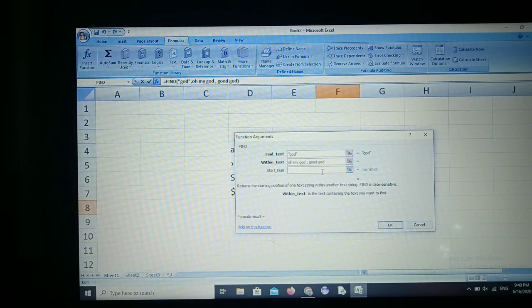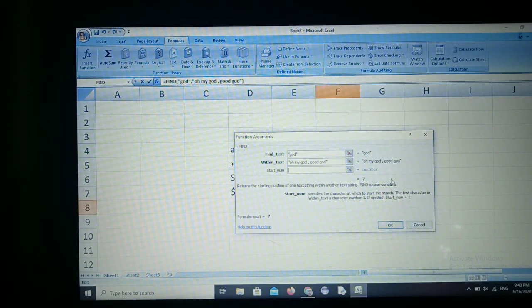See this? Look at this clearly. It is showing 7 here. It returns the starting position of one text string within another text string. See, God is in 7th position. O first position, H second one, space 3, M 4, Y 5, space 6, and G is 7.